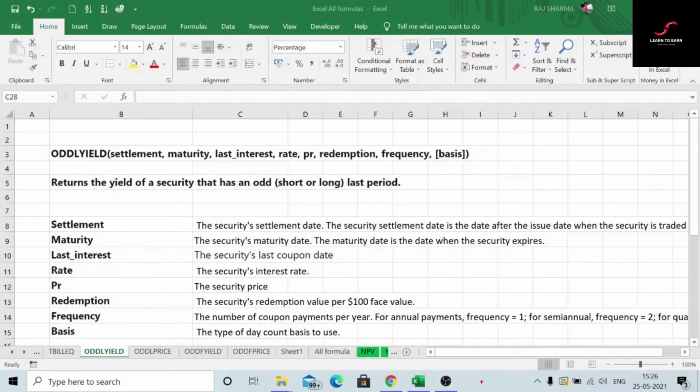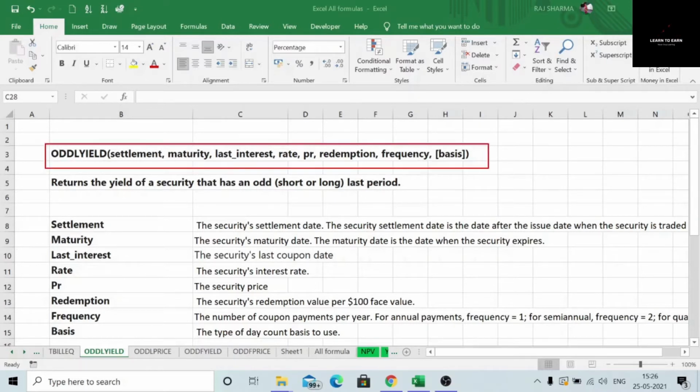So the syntax of this formula is ODDLYIELD, and the arguments which are used are settlement date. Settlement date is the date when the present bondholder has acquired this security, and from this date onward the present bondholder will have right on the coupon payments and the final maturity price. Maturity date is the date when this bond is finally going to mature and the investors are going to get back their money. Last interest is the last coupon